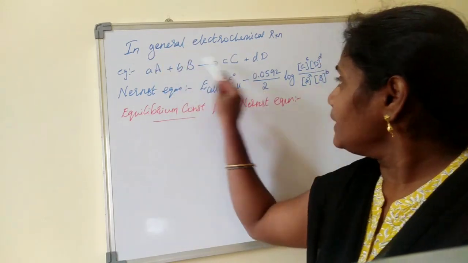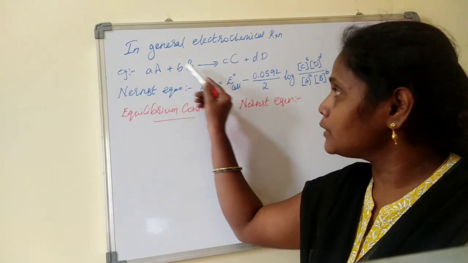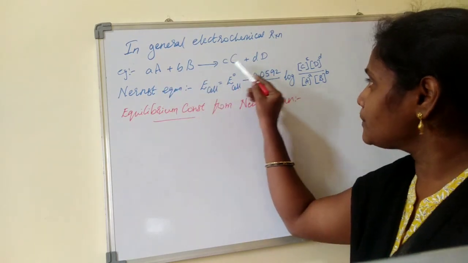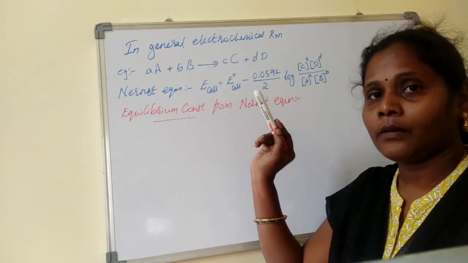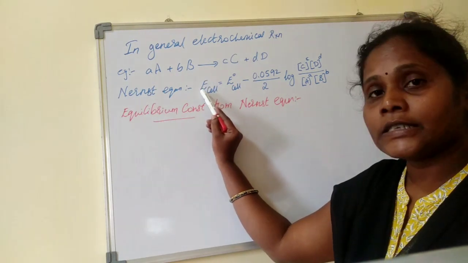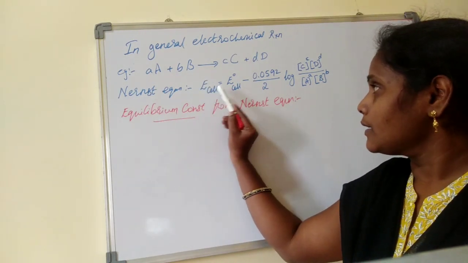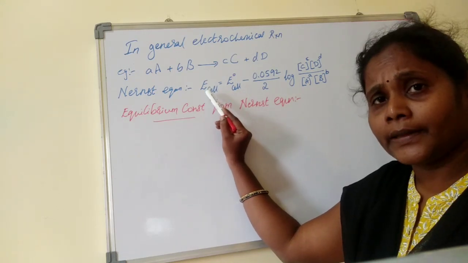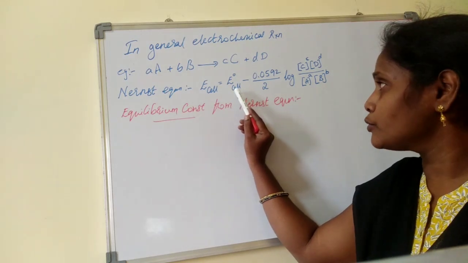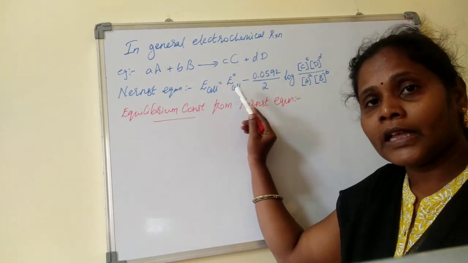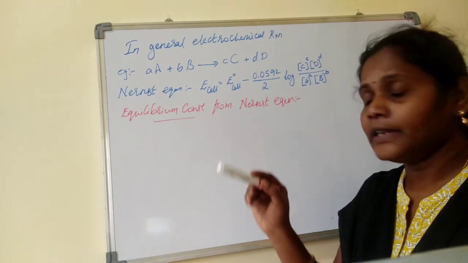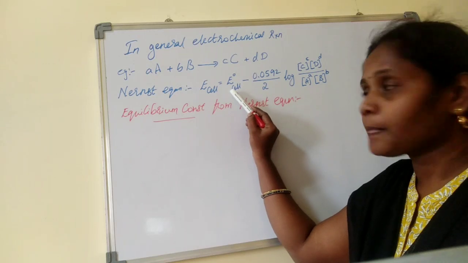Means any reaction which has, for example, two reactants of different numbers of moles and gives products of different moles, right? Then this is how the Nernst equation is to be given. Again, my Nernst equation: E cell is equal to E naught cell. This is the standard electromotive force, which we calculated from the electrochemical series values, E cathode minus E anode, right? So this is the E naught cell minus